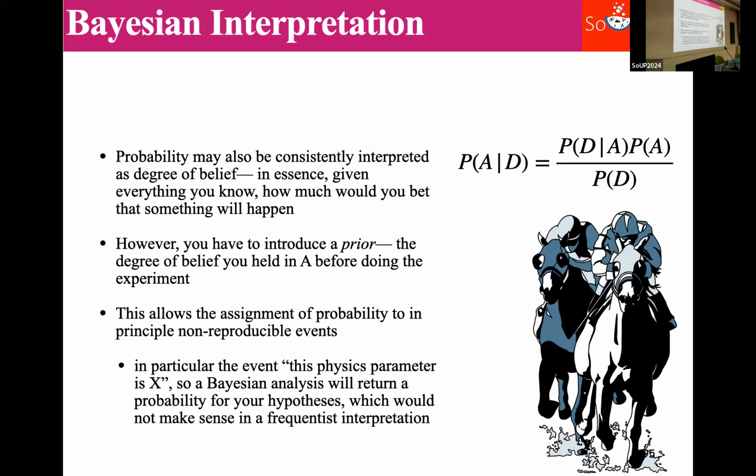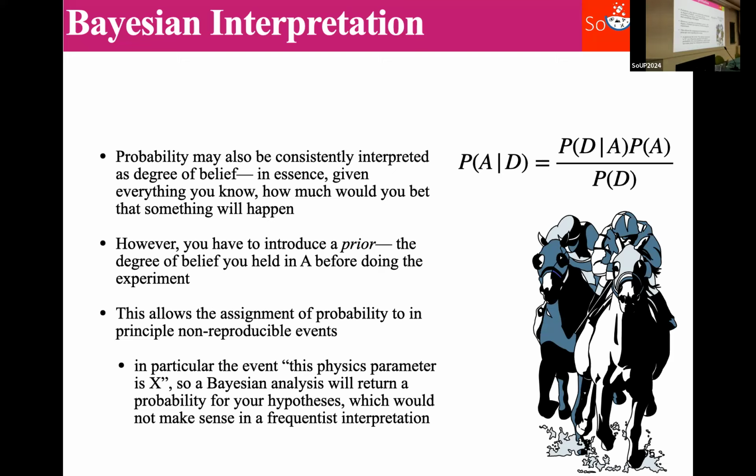Now, one aside on Bayesianism: you can consistently interpret probability as degree of belief. The price you pay for that is you have to input your degree of prior belief. You have to input a prior to be able to use these Bayesian methods. You can quibble about these priors. You can say, I really have an objective prior, I used a flat prior, and that's not that vulnerable to these mismodelings, which is fine, but it's definitely a choice, and it's a choice you have to specify in your paper, which means that, at least for particle physics, it's not been so popular. For cosmology, you've seen this almost everywhere.